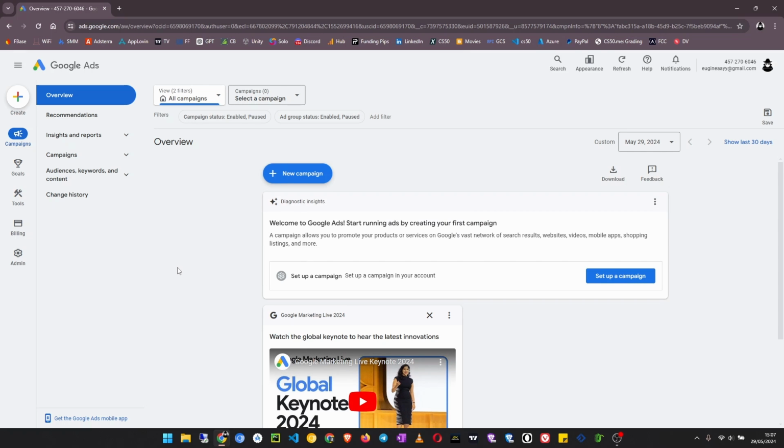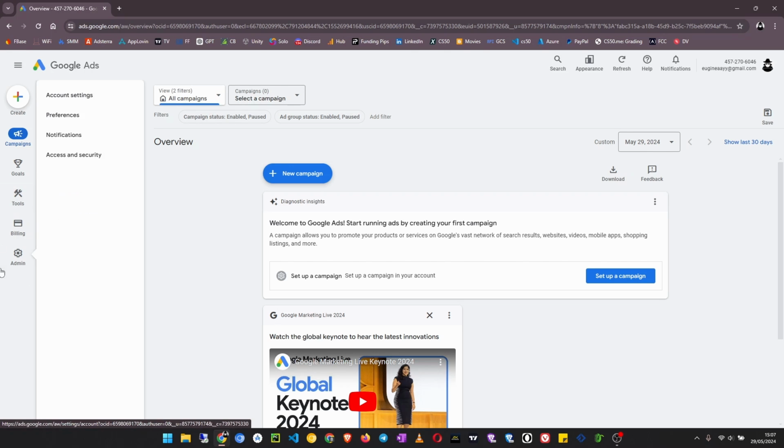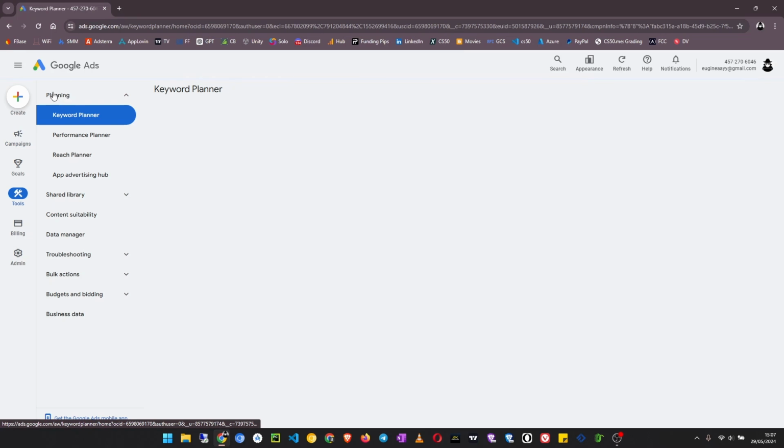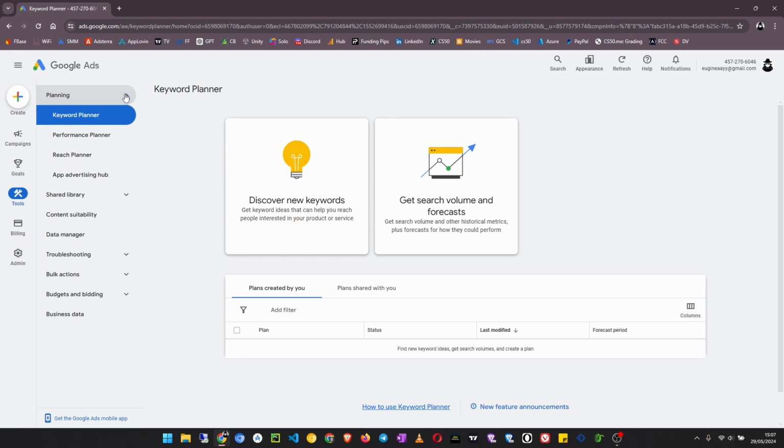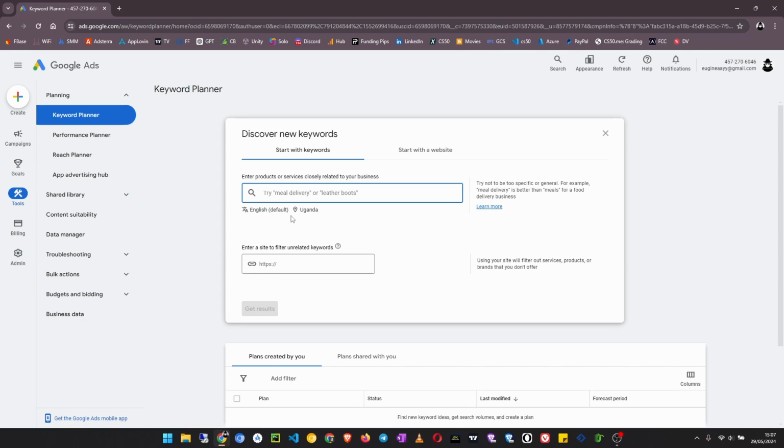So what we are going to do next is keyword research. To do that, go to tools, click on tools, then planning up here, and then click on keyword planner. Now click on discover new keywords, and then you can go to Google